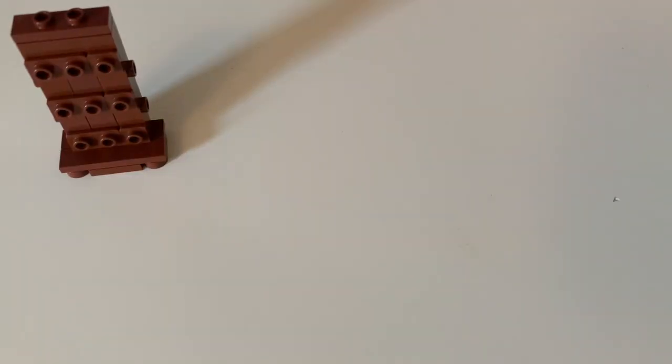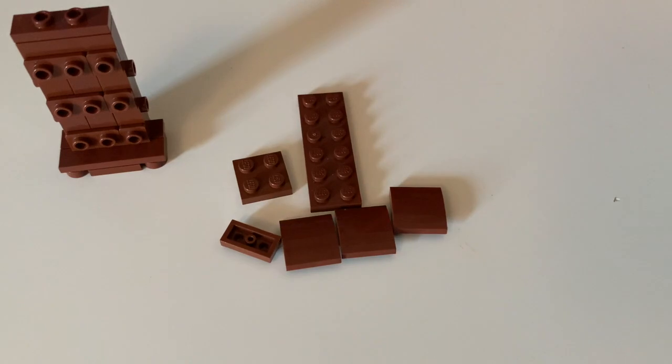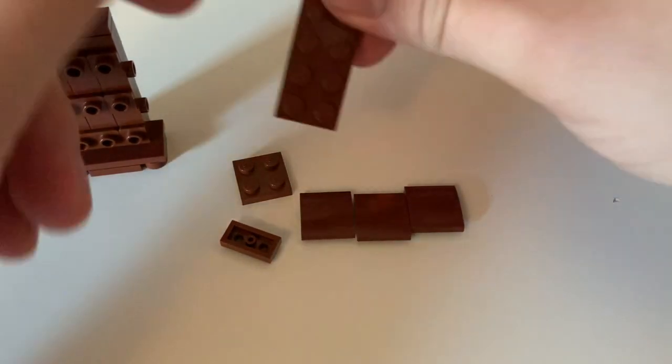The next parts we're going to build are actually symmetrical, and I'm going to build one of them and then just build the other one off camera, and that is going to be the sides of the wardrobe. They've got this nice sort of flowing curved shape on either side, so we're going to use curved slopes for that. Start off with a